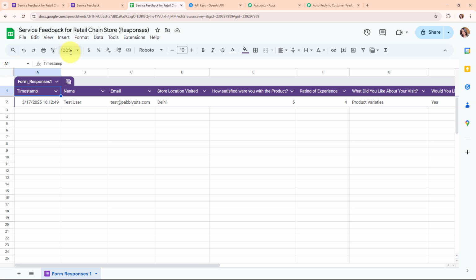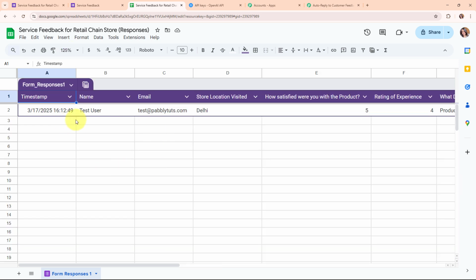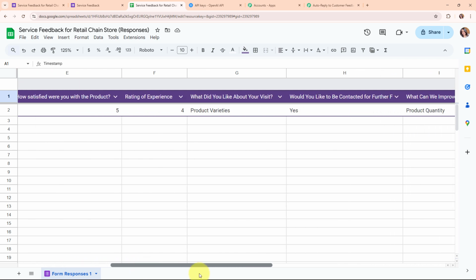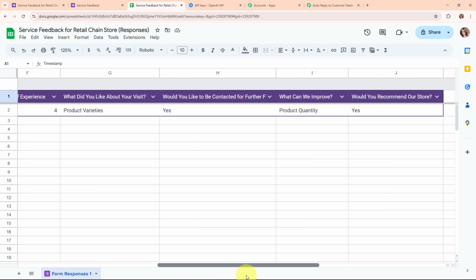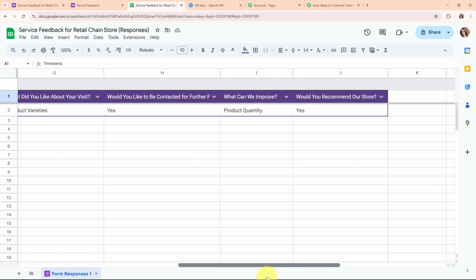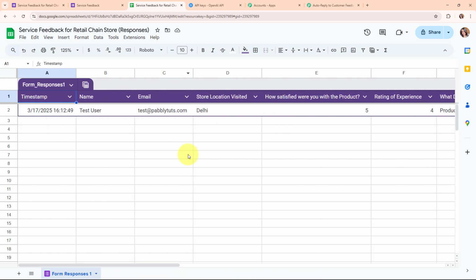And here you can see we have successfully received a response over here where we have received the timestamp, name, email, store location, product rating, rating of experience, what did you like about your visit, would you like to be contacted for further feedback, what can we improve, and would you recommend our store. Okay, so with this we have successfully seen the connection, and now what we are going to do is that we are going to connect this Google Sheets with Pabbly Connect in order to capture all the responses in Pabbly